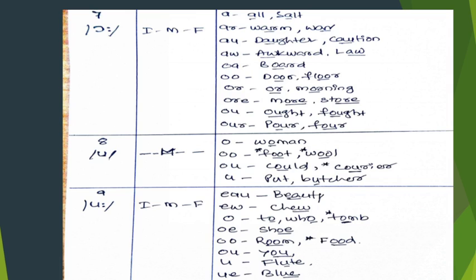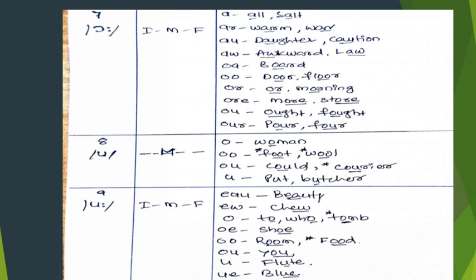this happens only medially, not initially and finally, in words spelled with the letter O, as in woman. And with a double O, F-O-O-T, that is foot. People used to say it differently, as in footwear. No, it is footwear. Now with OU in words such as could. With U in put. The U is this sound here: put.